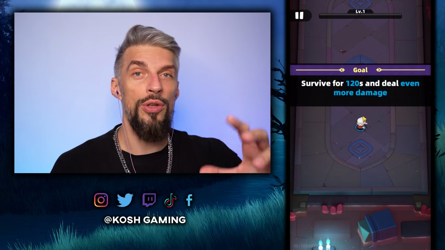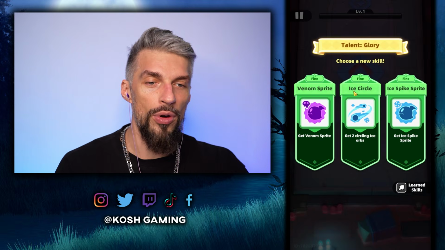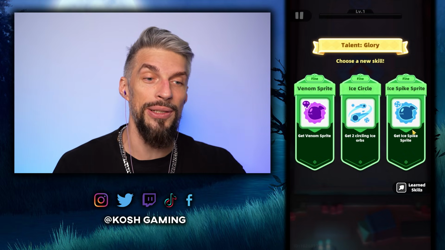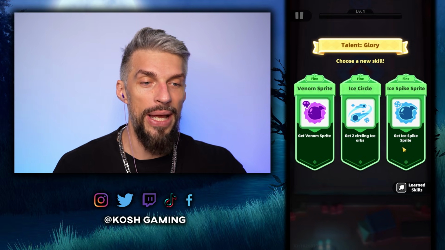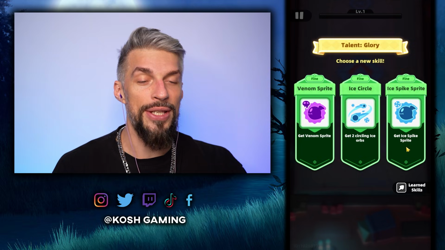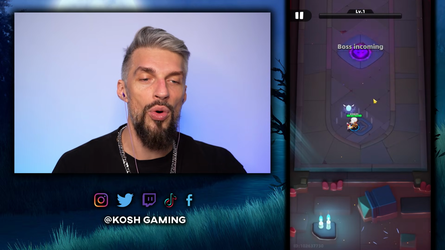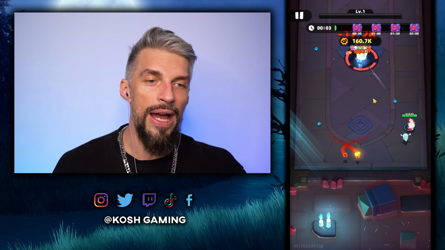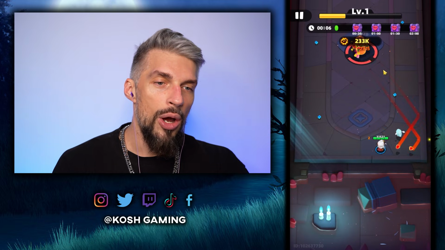For the ranged build, we use runes for the main weapon and for the sword strike, so we will try to focus on those, and also we will need quite a lot of freeze to keep it at bay. So ice spike sprite is good, and frost arrows are good, but mostly the damage is nice. So we would like to get the fire and all that stuff, and as you can see, with the freeze,